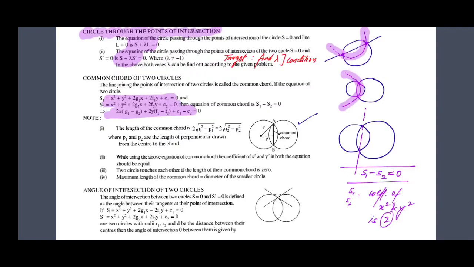नहीं आएंगे। लेंथ ऑफ कॉमन टेंजेंट, सॉरी, कॉमन कॉर्ड, इसी कॉर्ड की लेंथ जो कि AB है, ये कैसे निकलती है: 2 टाइम्स अंडर रूट r1 स्क्वायर माइनस p1 स्क्वायर। p1 क्या है और r1 क्या है, अगर मैंने फर्स्ट सर्कल लिया है तो इस फर्स्ट सर्कल के सेंटर से अगर आप इसके ऊपर परपेंडिकुलर ड्रॉप करते हैं, जो कि मैंने अभी पहले रिवाइज करा, परपेंडिकुलर फ्रॉम अ पॉइंट टू अ लाइन, दैट फॉर्मूला, एंड दिस इज द r1। द सेम थिंग कैन बी डन फॉर द अदर सर्कल, अगर आप इस सर्कल से r2 बनाते और इस सर्कल से परपेंडिकुलर ड्रॉप करते तब भी ये सेम ही फॉर्मूला बनना था, व्हिच इज वेरी इजी टू डू।